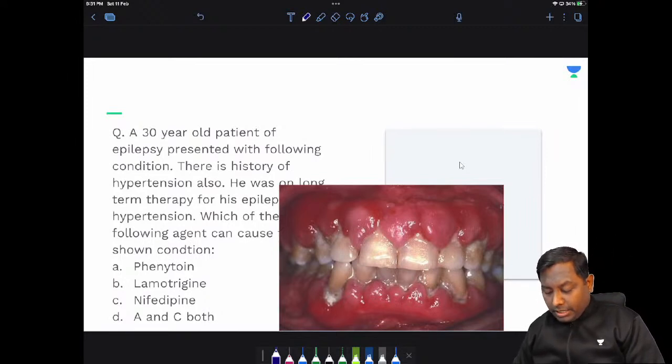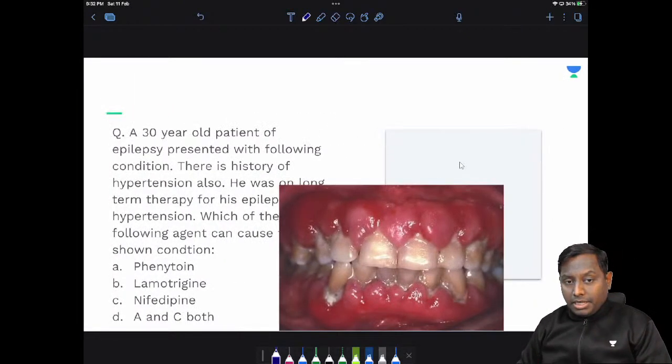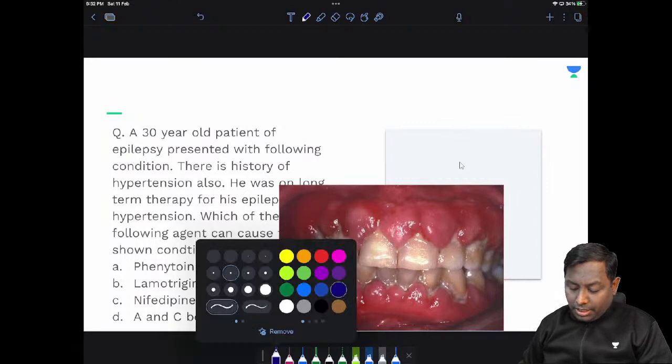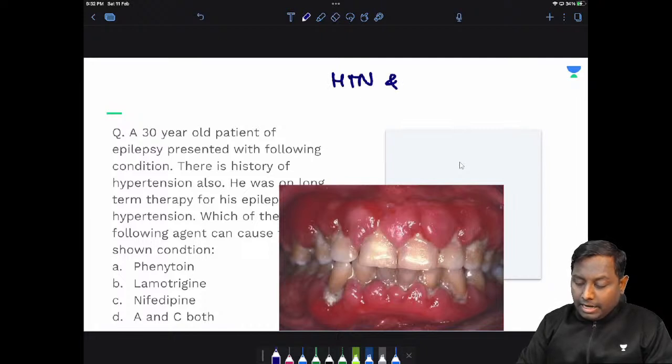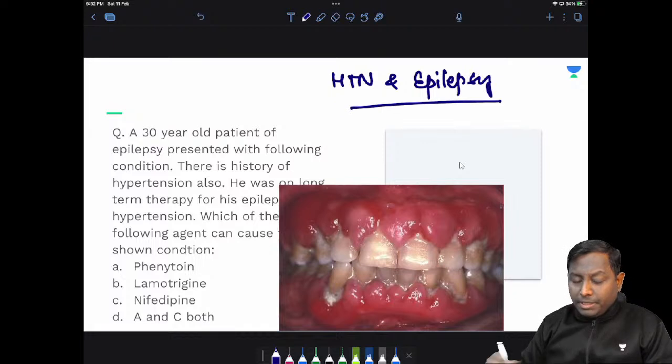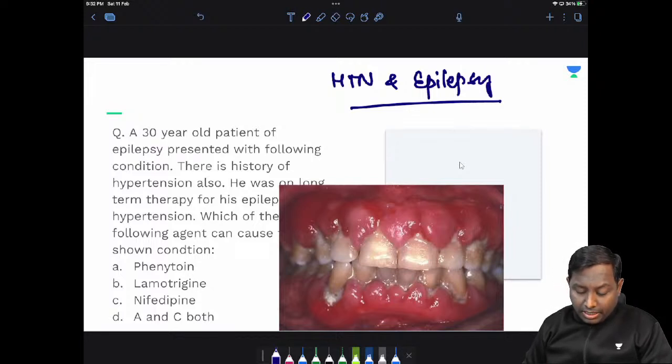Which of the following agents can cause the shown condition? I am not able to move this image, but whatever is written behind it, I have already read it. This patient has a history of hypertension and epilepsy. So, which drug can cause the shown condition? Phenytoin, lamotrigine, nifedipine, A and C both. I am pretty sure all of you are marking A and C both, and that is a correct answer